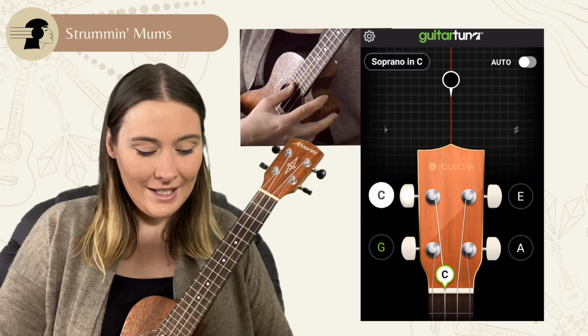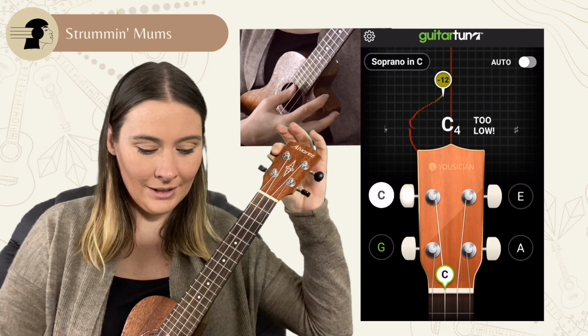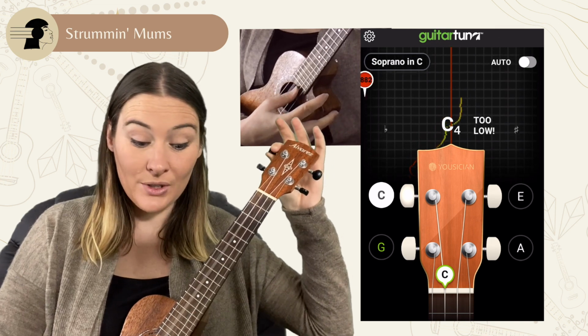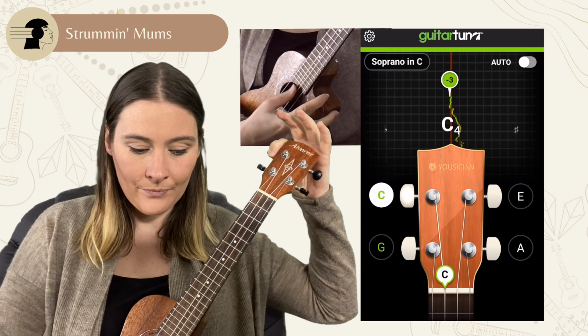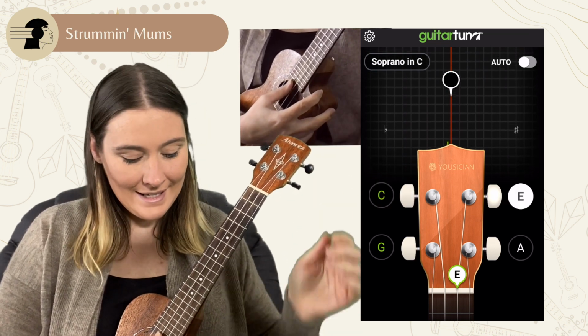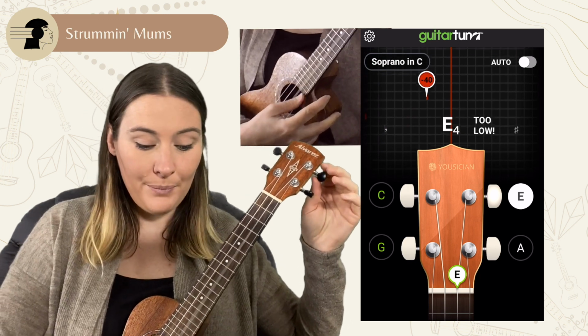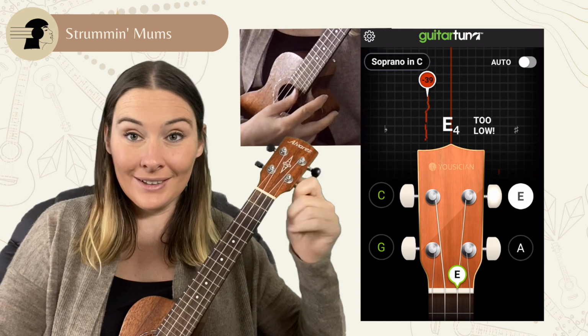Let's go C. Again, too low. I've gone up too high, I've gone past, so let's go back. Great. E. Now something that can happen if you're picking your string and you're turning and it's not moving,